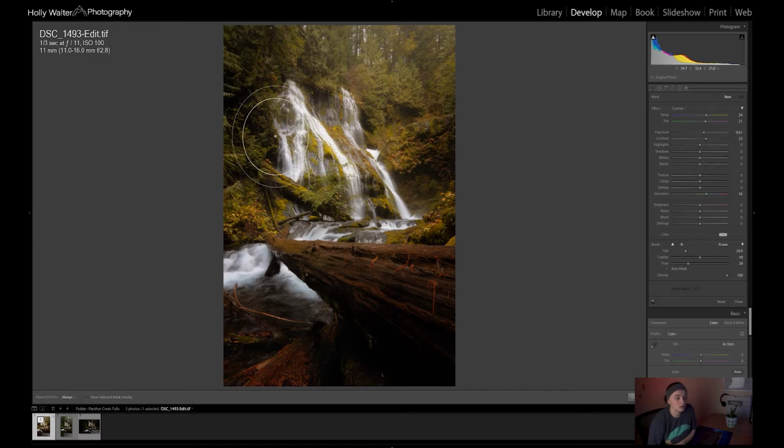So I've got quite a few highlights in my image here, especially within the waterfall, on the foliage, as well as on the log. So what I'm going to do is, I've got a smaller size brush. My feather, I've got fairly small. And then I don't want a very high flow because the higher flow, the less you're going to be able to reduce it. So start small and then gradually work your way up, especially with the flow. And I'm going to keep bringing the density down a bit as well. There we go. So then I'm just going to start painting in the areas I want